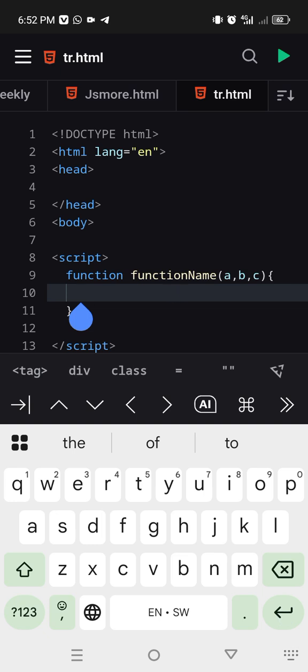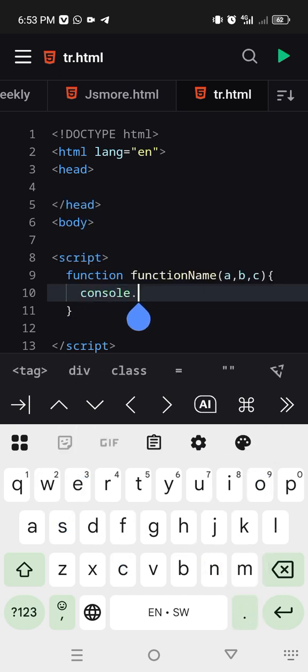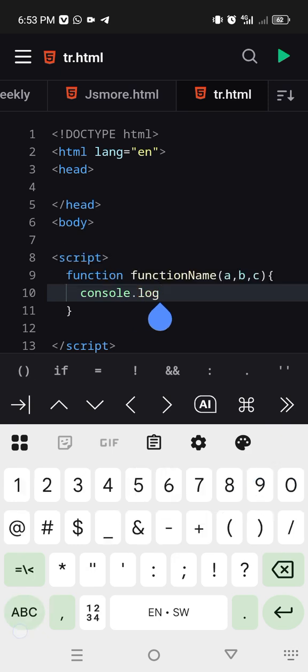These are the area that define what the execution is, or what task the function is going to do. Then inside this you can write anything. For example, I can say console dot log, then I would like to return the result of